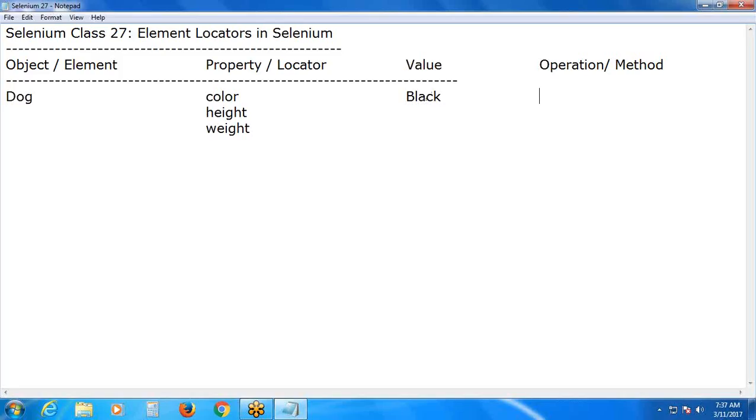Give one or two operations on the dog object, Preeti. Bark, run. Yes. Running. Next, jumping, jump, etc. Okay. In the same way,